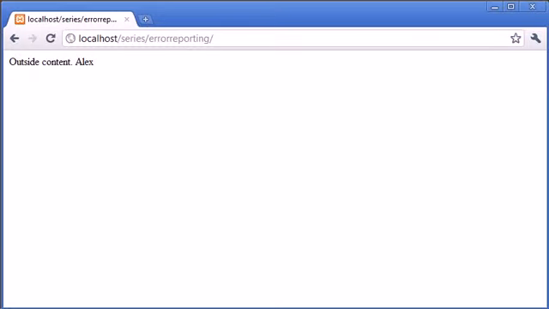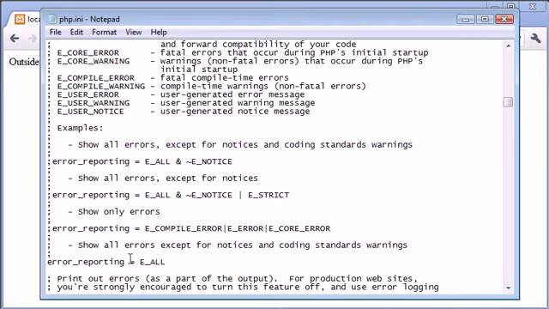Now, let's go back to our php.ini file and have a look. We've got error reporting currently set to all. So we are reporting errors back to ourselves as we're developing. Now, what happens if I want to report errors,